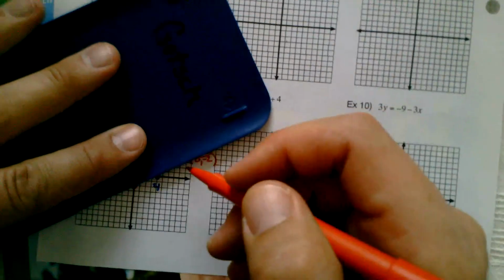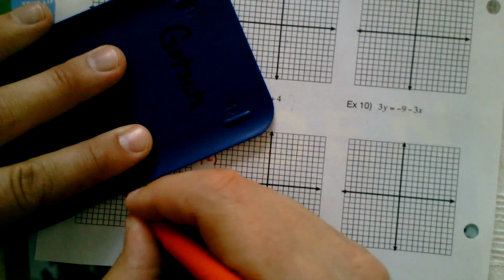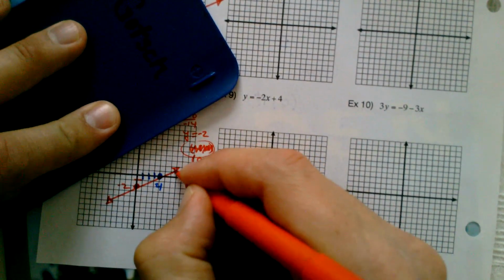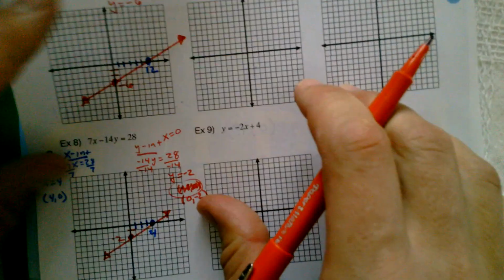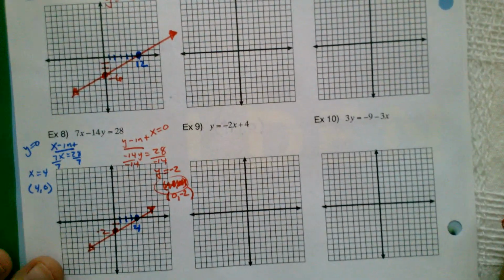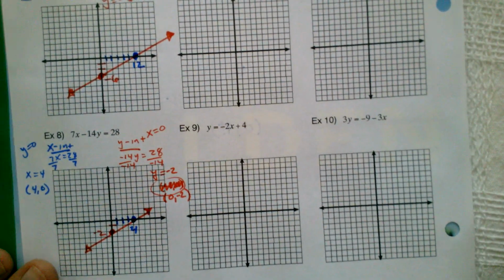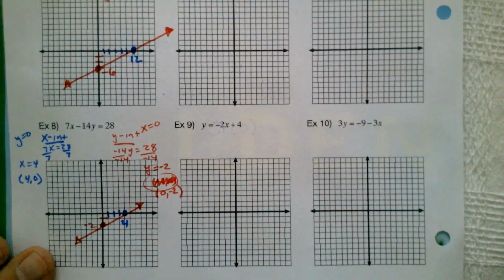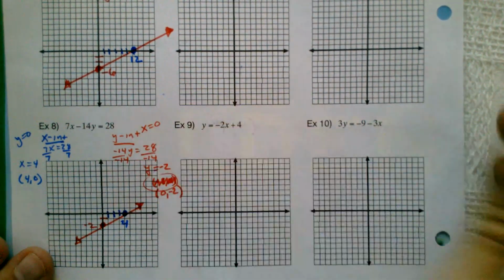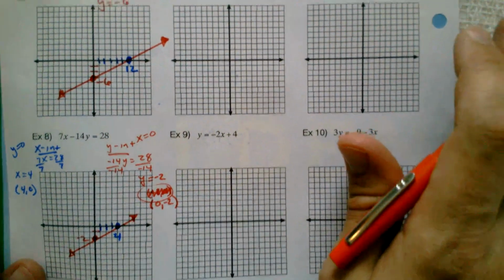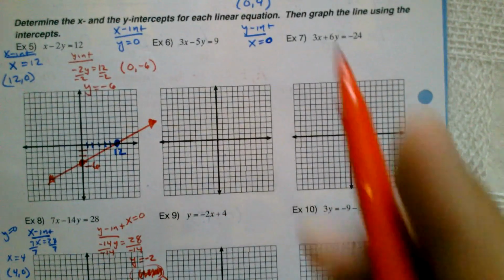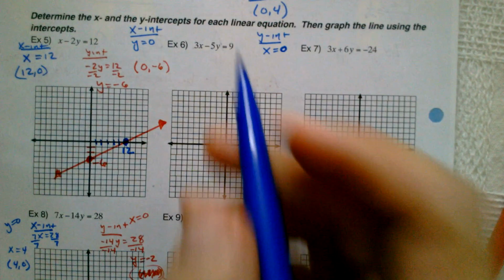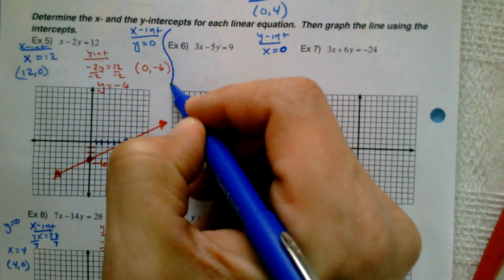All right, x was 0. X comes first. Right. And there we go. And let's move on to a harder one. Okay, so 5 and 8, not too bad. Let's take a look at a tougher one. Let's look at number 6. Okay, so as I take a look at number 6,